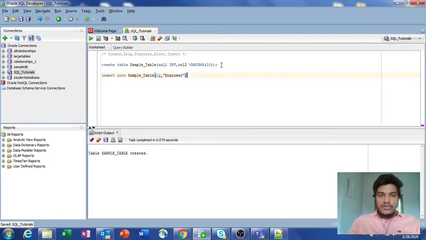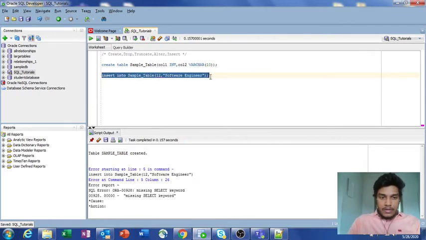If I write software engineer, it won't accept it and will show some error. Let me show what error we get. If I write software engineer and run this command, it will show an error like missing select command, because if you observe, the insert into statement is showing an error here.